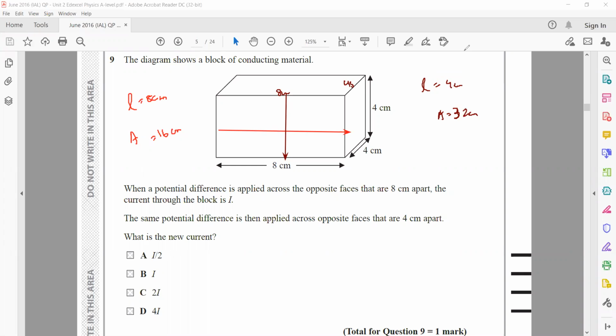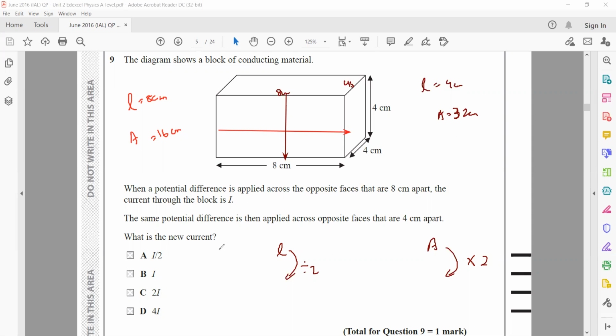centimeter squared. So what happened to the length? Length is decreased by 2. And what happened to the area? Area is increased by, as you can see, this was 16 originally, that will become 32. So area is increased by 2. Now the question is, the original current